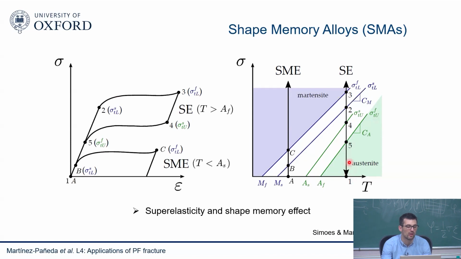I get this kind of non-linear behavior. I haven't still reached plasticity. The yield limit will be somewhere here. So I still get some sort of phase transformation, and some sort of non-linear behavior. And then when I get to 3, I'm in this fully martensite region. And if I keep increasing my load, then eventually I'll become elastic here, and then I'll get some sort of yielding somewhere here. But if I